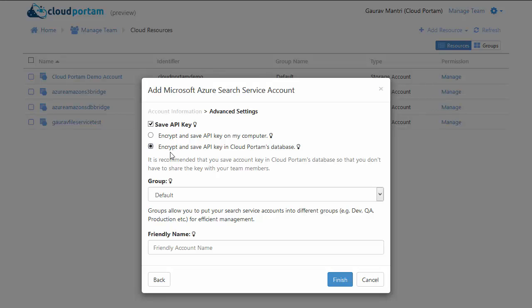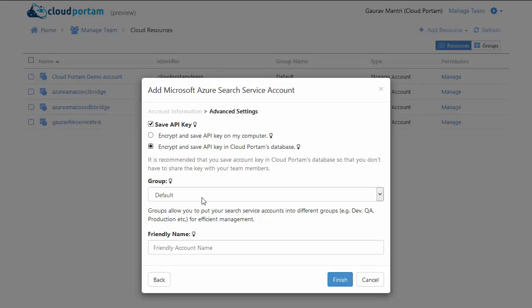And the second option is encrypt and save API key in Cloud Portal's database. In this case, Cloud Portal will encrypt the API key using industry standard encryption algorithms, and then save the API key in its database. For Team Edition, we recommend that you go with this option so that you don't have to share the API key with your users.